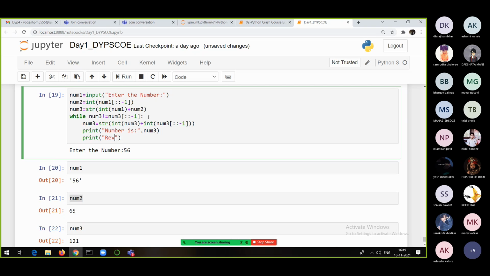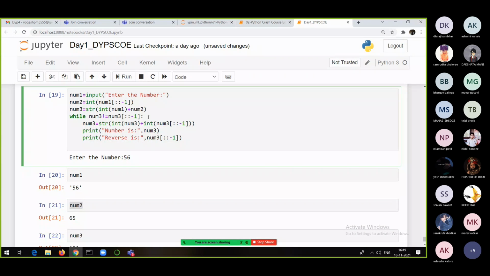So I will do print reverse is. What is the reverse of num3? The reverse of num3 is going to be, so let's see, like this I will write num3 colon colon minus 1. And if this condition is not satisfied, it will come out of the